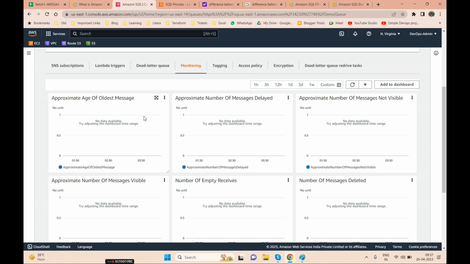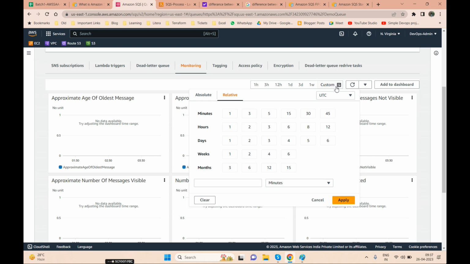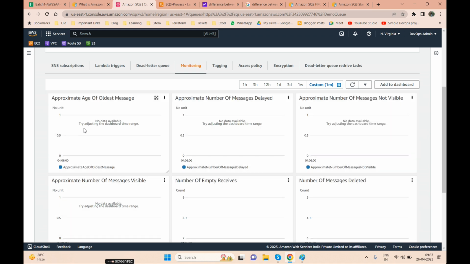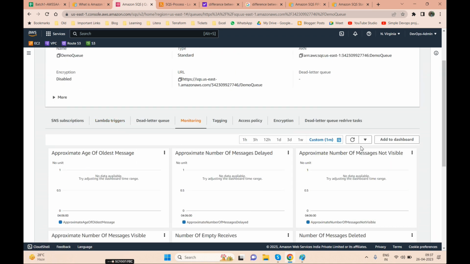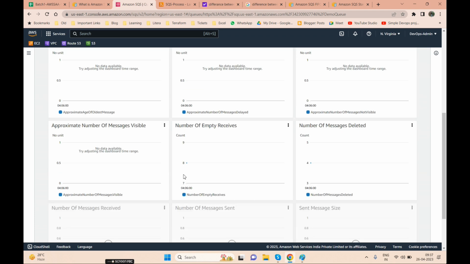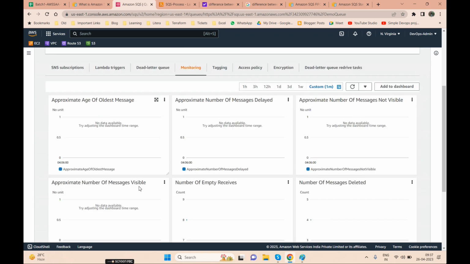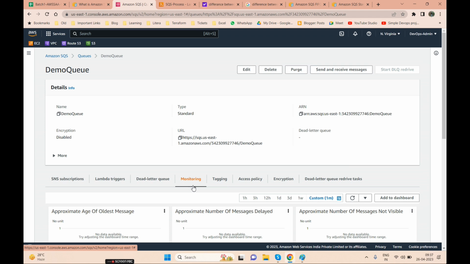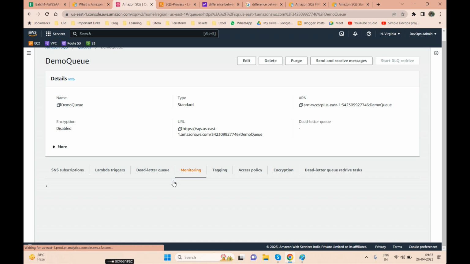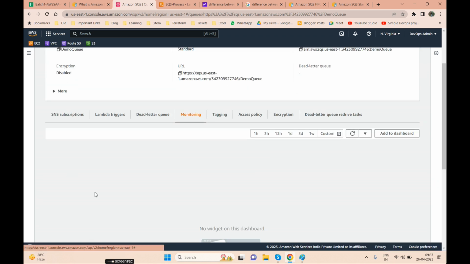The metrics will pop up here. Though it is taking time, CloudWatch takes a minimum of 5 minutes to get the metrics. So try it by yourself and you will get the details here.